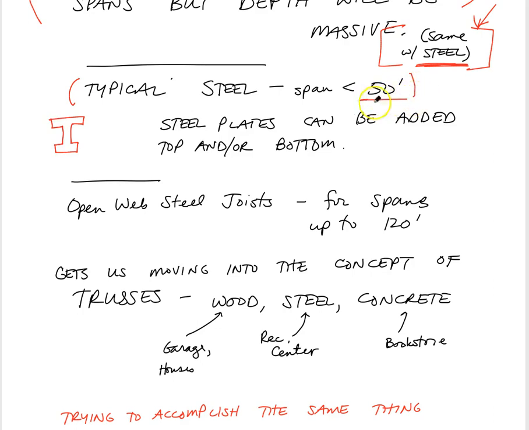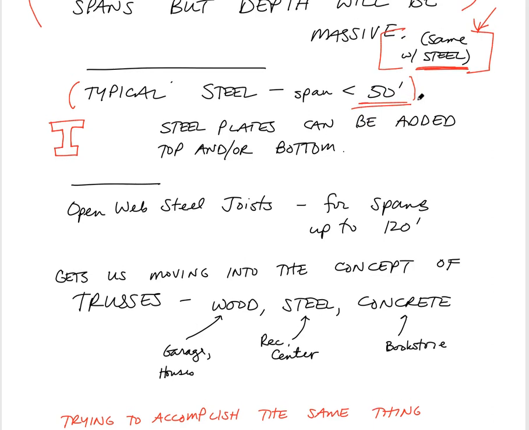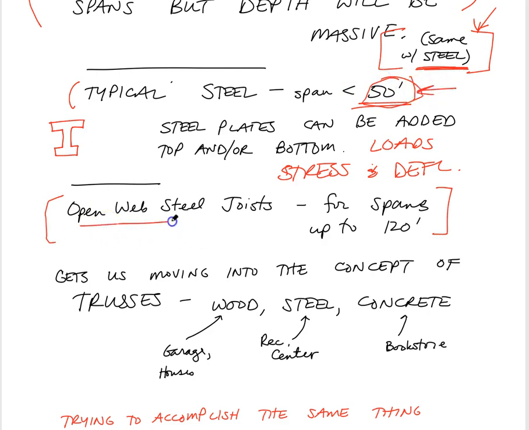And so typically you're dealing with something about 50 feet or less. It can be longer, but then it just depends on the loading, how it's framed in. So then the loads become a big issue. Both dealing with stress and deflection become parts of it. As soon as that span really goes over 50, 60, I mean, it's not a hard and fast number, but that's what that